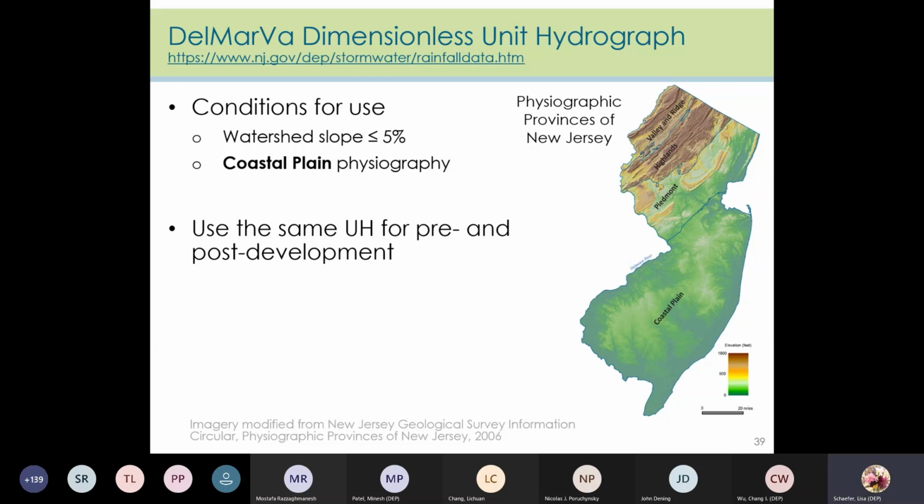So projects that lie on or near the boundary between the Piedmont and the coastal plain should be modeled with both the standard and the Delmarva unit hydrographs and the results compared with actual field conditions to determine which offers a best fit. So wait a minute, what do I mean